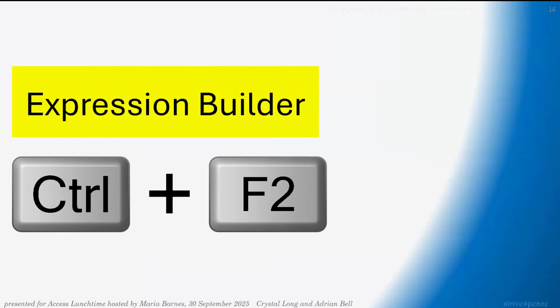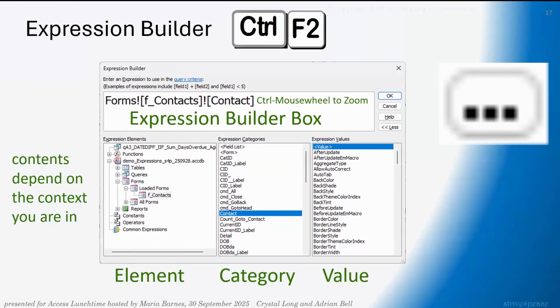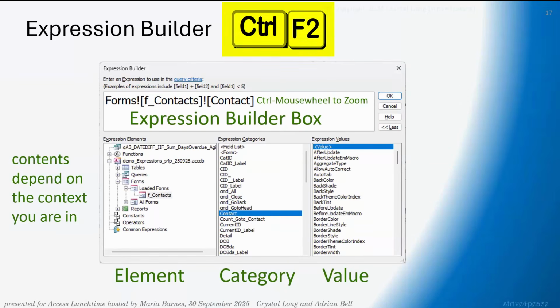Now the expression builder, which I'm actually going to show you, I just put a slide in here, is really cool. So if you're in a property that you can use the expression builder on, you see the ... off to the right, you can click on that and it launches the expression builder. You can also press Control F2. Now when the expression builder comes up,